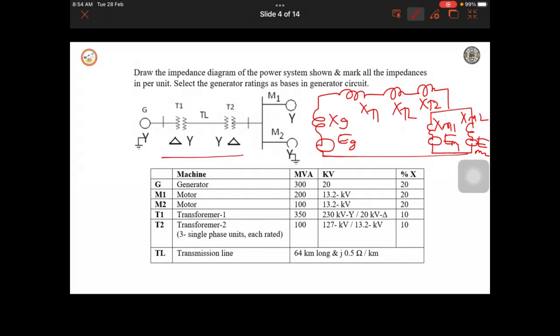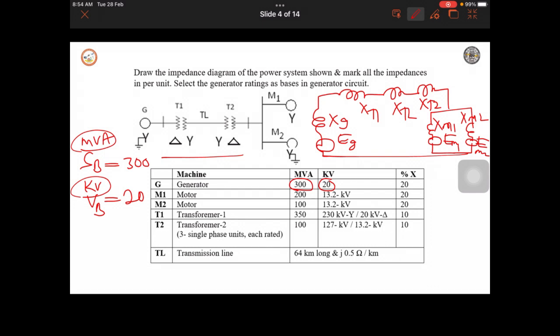Select the generator rating as base. The generator rating here they have given is 300. So that means the SB value, the base power, is 300 MVA. Always SB is in MVA and VB is the base voltage. This is always in kV, that is 20 kV is given. So now after knowing this, let us mark